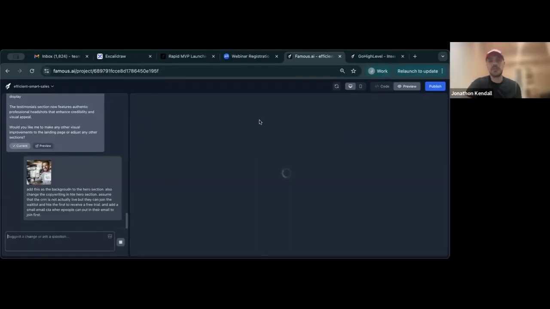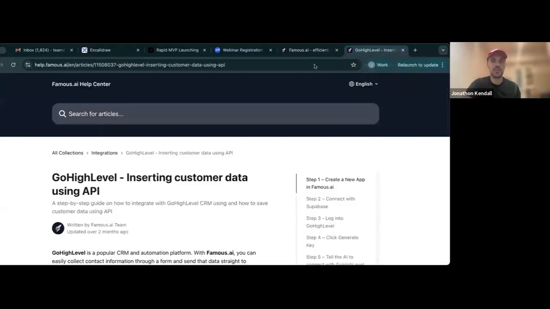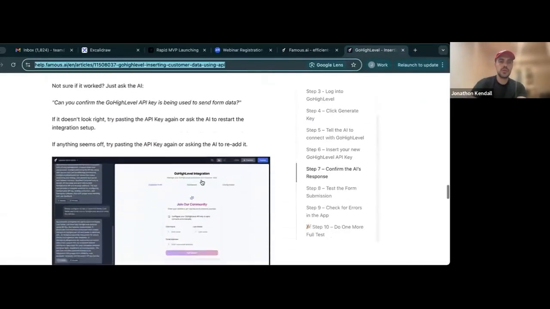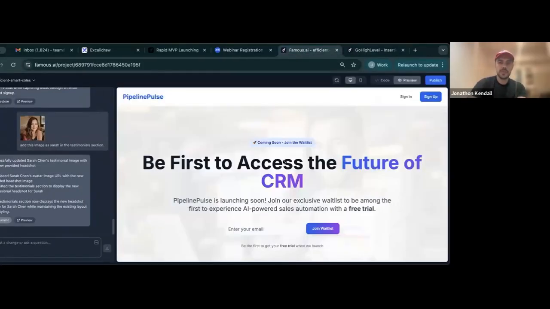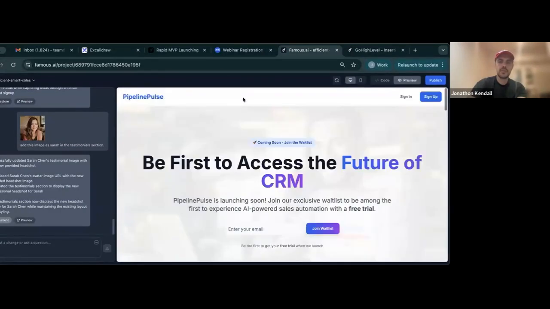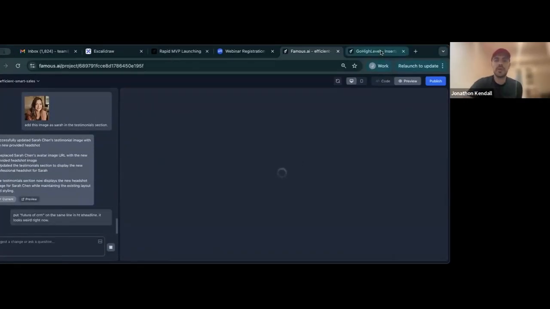I'm telling it to do 3 things at once. We'll see how it performs. I'm not going to actually connect it to Zapier because I'd have to go inside my UI level, but it's pretty simple. You go to this one right here. This is how you connect everything to Zapier. So what we'll have here, which is pretty cool, is this is not bad. So we've created the CRM. This is where people can be first to access the future of CRM. This is a hanging word, so I wouldn't do that. But they can essentially sign up early.